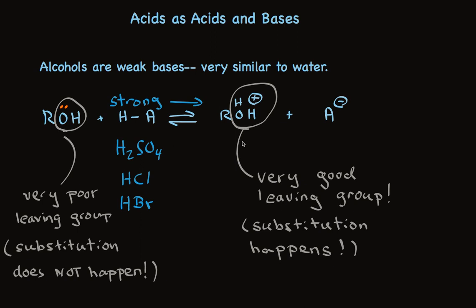So, in summary, alcohols are weak bases. Strong acids protonate them sufficiently to transform a very poor leaving group, OH, into a very good leaving group, water. And that's how strong acids catalyze reactions of this very weak base,